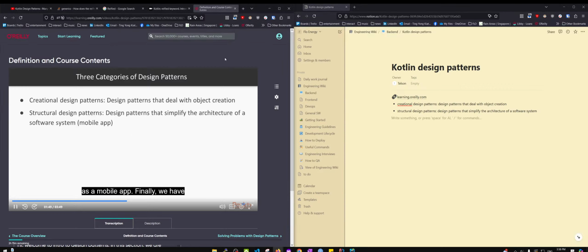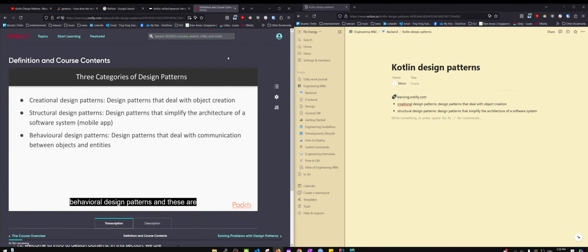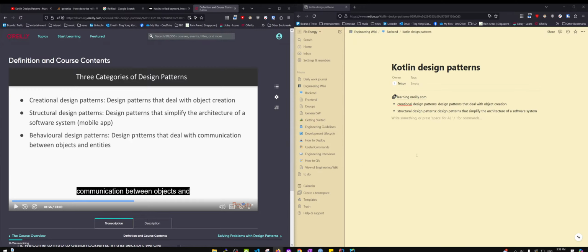such as a mobile app. Finally, we have behavioral design patterns, and these are design patterns that deal with communication between objects